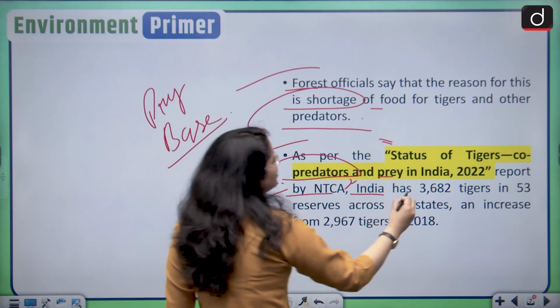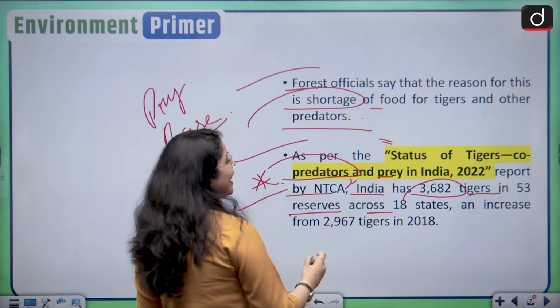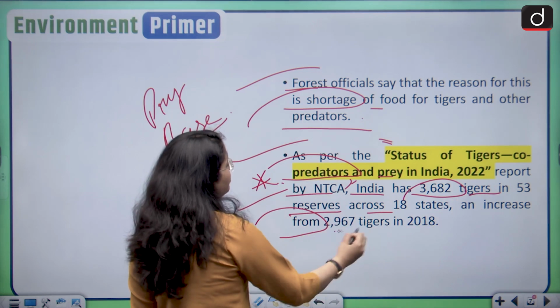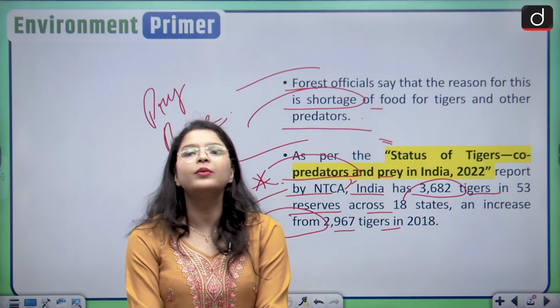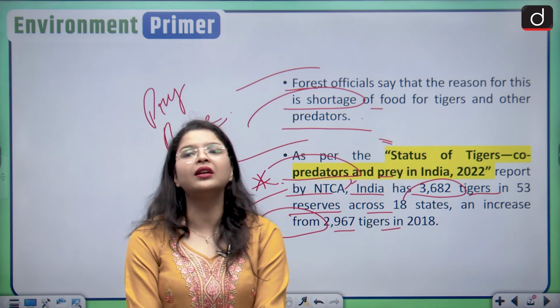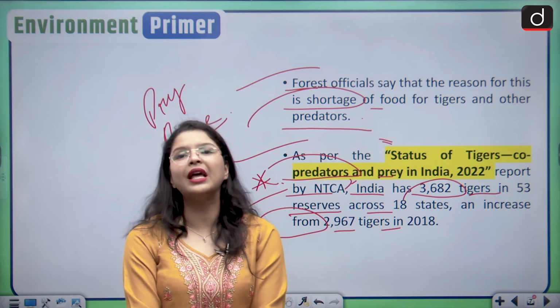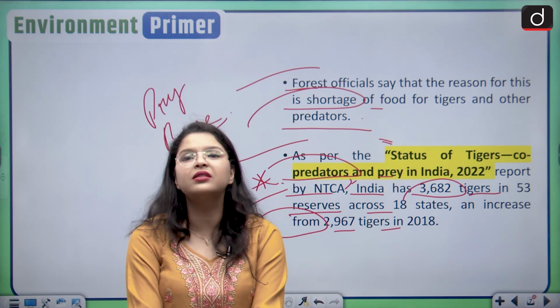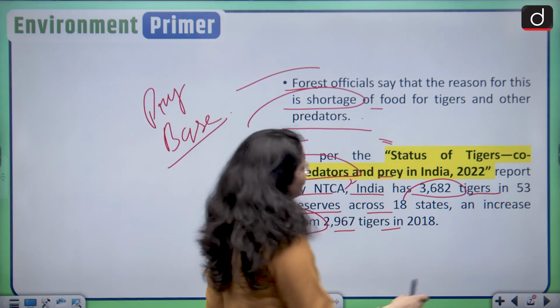India has around 3682 tigers in 53 reserves across 18 states, an increase from 2967 tigers in the year 2018. So basically, we have recently conducted a tiger census and we have found that Project Tiger was successful and it has definitely increased the number of tigers in various tiger reserves. Moving forward,